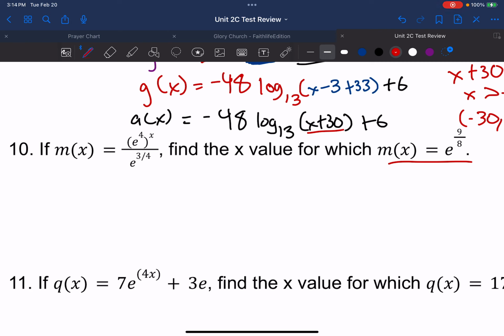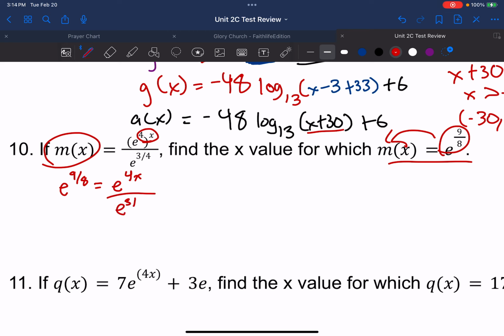So basically this is telling me to replace this for m of x. So I'm replacing that here. I'm putting e to the 9 over 8 where m of x is. So e to the 9 over 8 equals this 4x. I can multiply that. So I have e to the 4x over